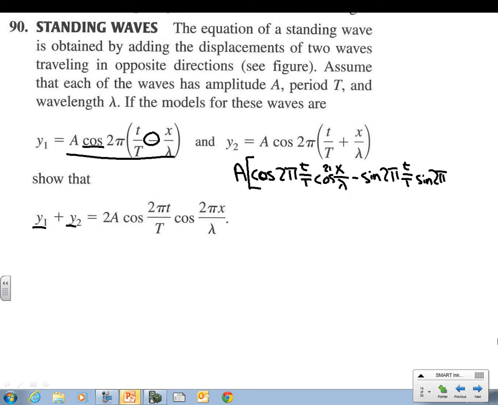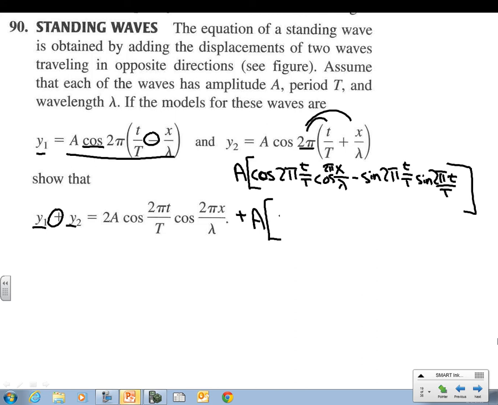Sorry, I forgot my 2 pi here. This 2 pi is going to be distributed to everything we see. 2 pi t over big T, and that's our expansion for the y1. And let's go ahead and do the plus. I'm going to use the second line here. Plus a